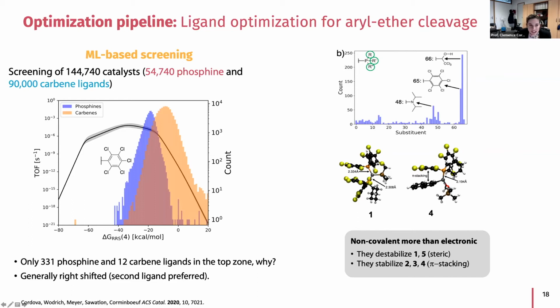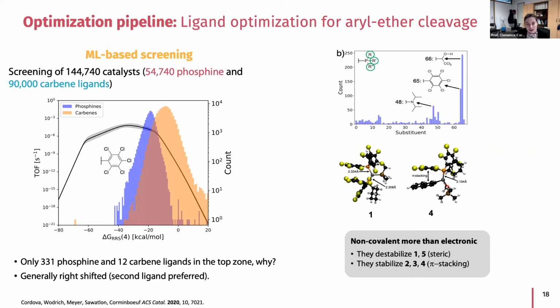So what is happening here is that we are favoring too much binding of the two ligands instead of binding only one ligand and something else. And those that, chemically, I'm not saying it's chemically sound, but that's what we obtain in this case in the computer, that are able to reach the top of the volcano, are those that actually destabilize the 1 and 5, which were those intermediates with two ligands. Sorry, you have an example here, and they do stabilize the intermediates 2, 3, and 4, that were the ones with only one ligand. And in this case, this